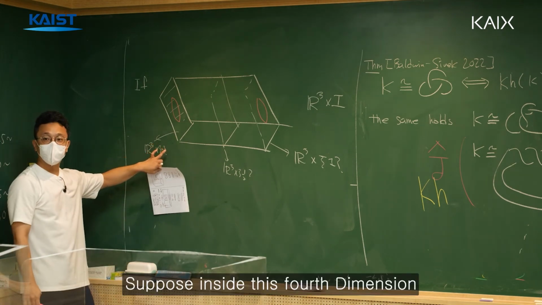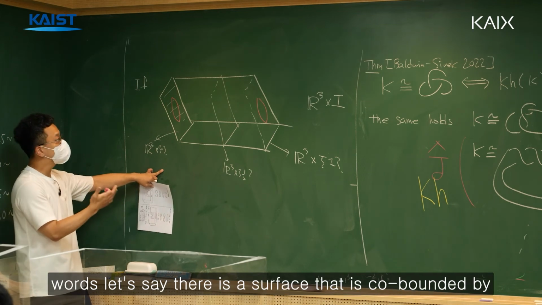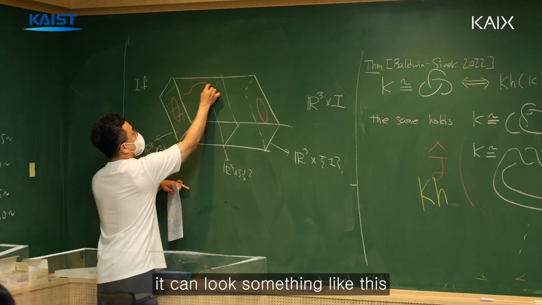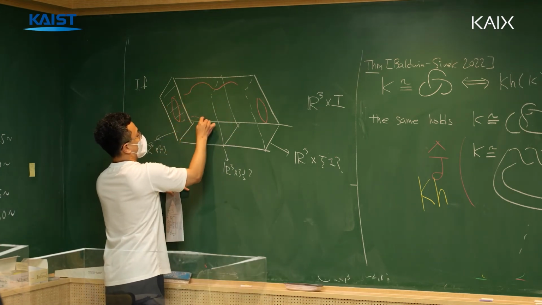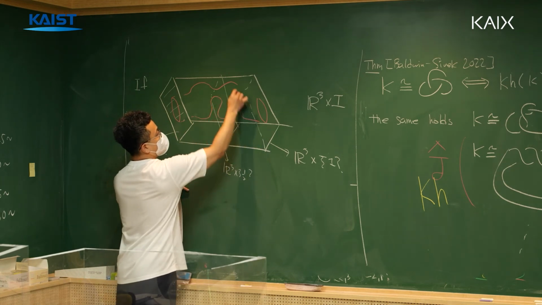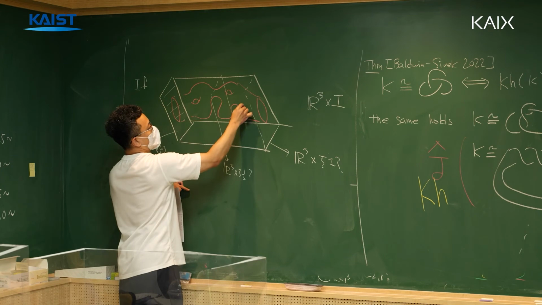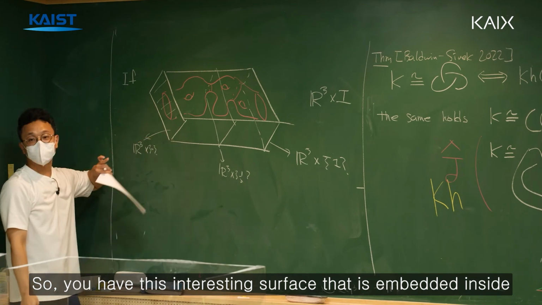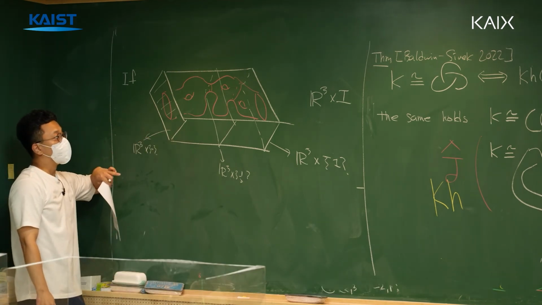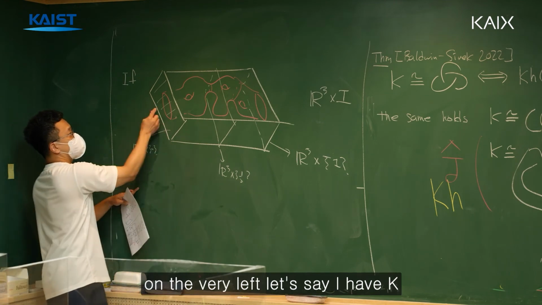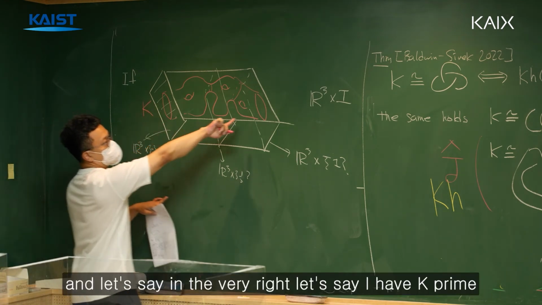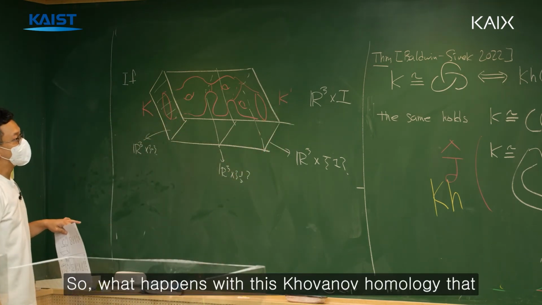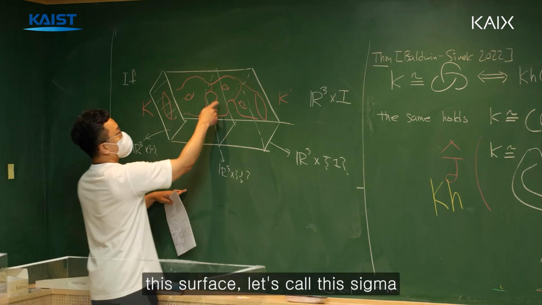Suppose inside this fourth dimension, let's say there is a cobordism between them. In other words, let's say there is a surface that is co-bounded by these two circles. So a cobordism can look something like this. So you could have some holes. So you have this interesting surface that is embedded inside this R^3 times interval, where at the very left I have K, and at the very right I have K prime. So what happens with Khovanov homology is that this surface, let's call this sigma,